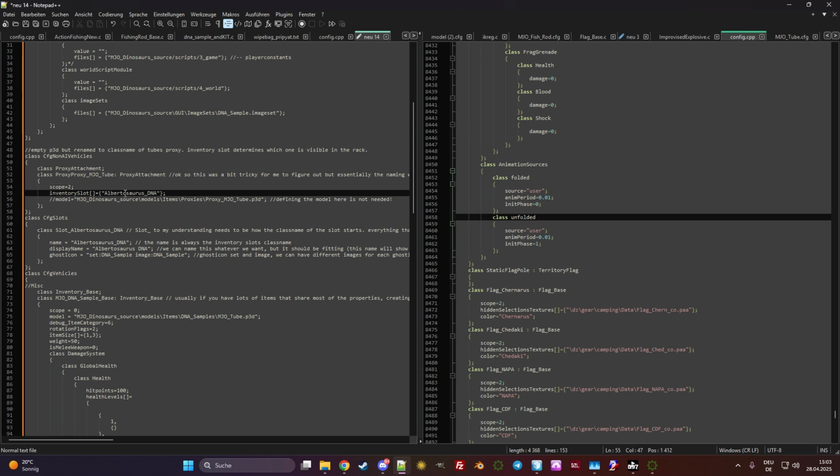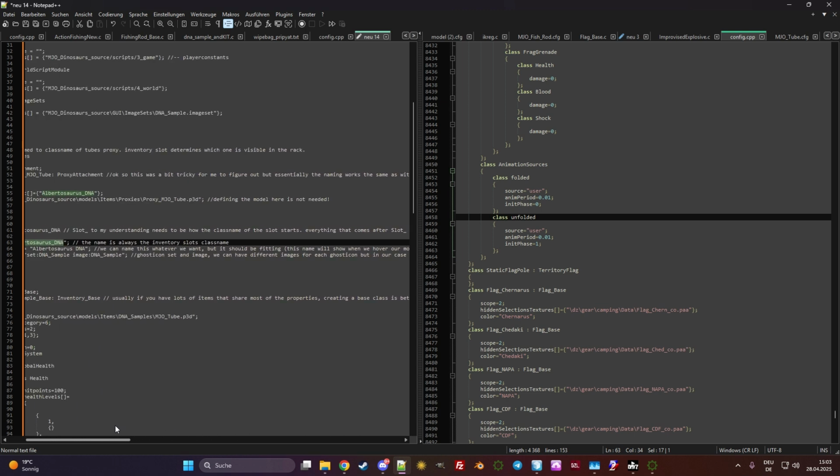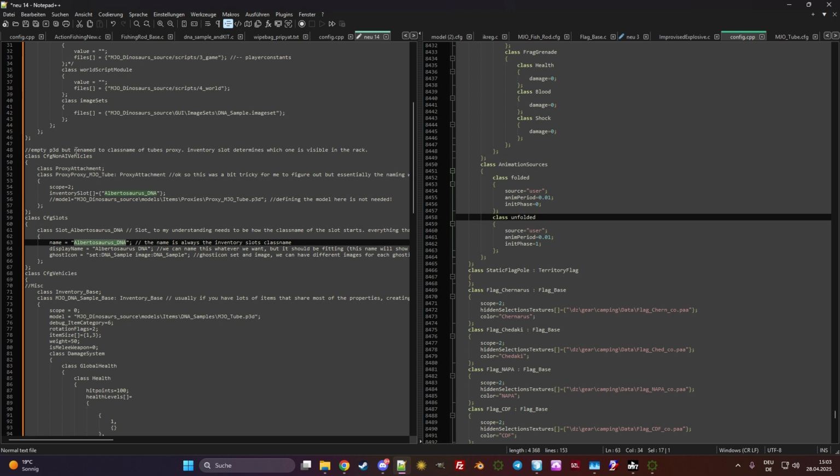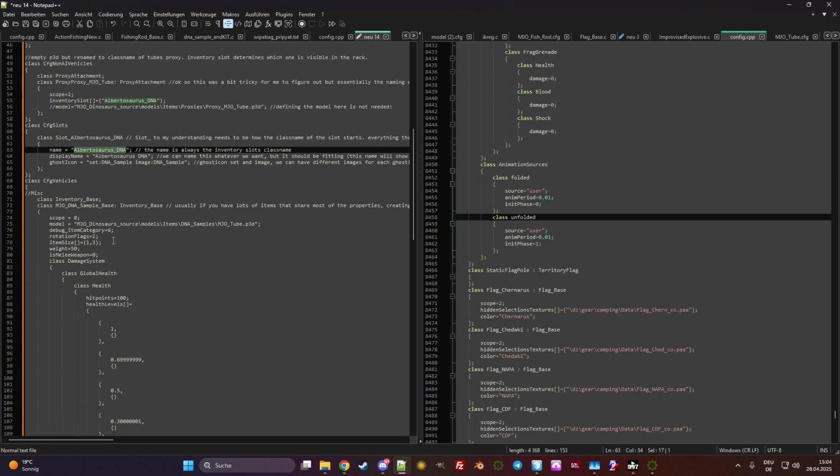It's important that in the inventory slot, we actually give it the slot name of the slot that we create. The model is also not needed in there because, like I said, we don't need to include the model because it uses the model of our inventory slot, which is here. And this right here is, we can find that in